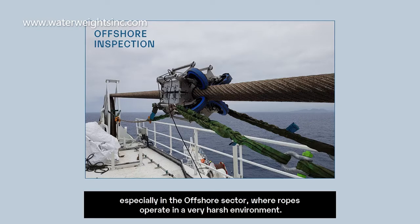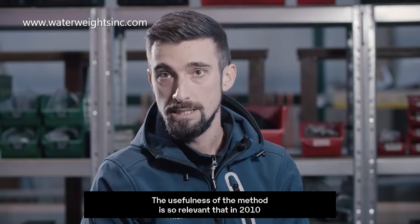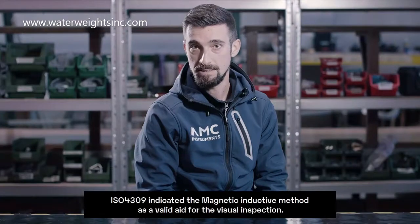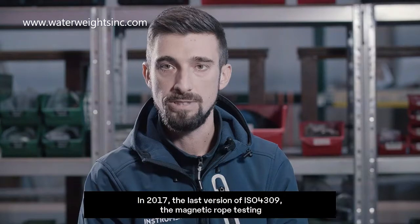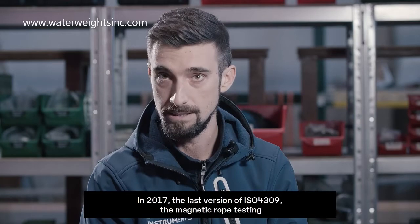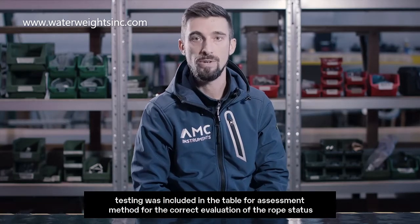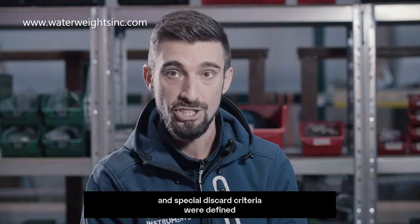a very harsh environment. The usefulness of the method is so relevant that the ISO 4309 in 2010 indicated the magnetic inductive method as a valid aid for the visual inspection. In 2017, the last version of the ISO 4309 was released. The magnetic rope testing was included in the table for the assessment method for the correct evaluation of the rope status, and special discard criteria